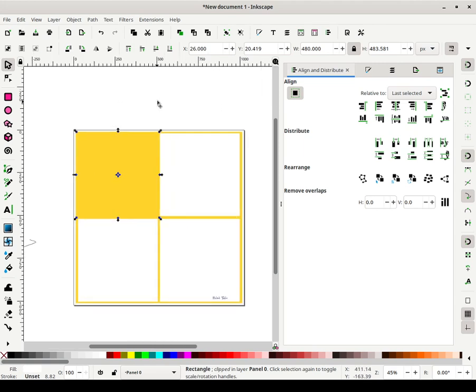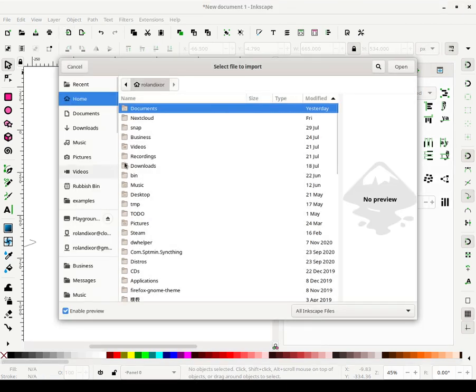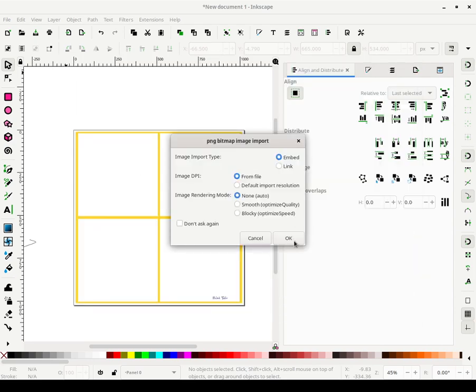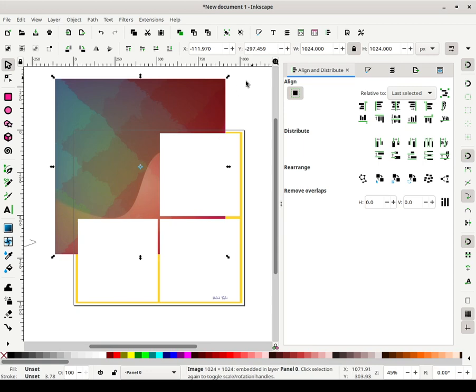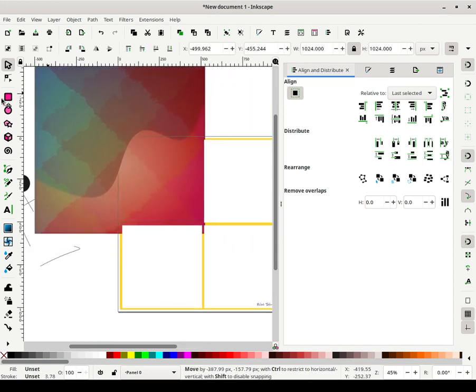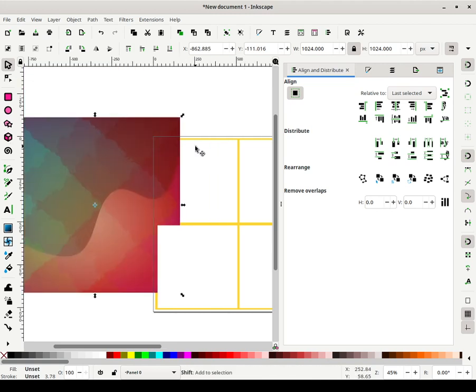Alright, I feel like throwing my hands in the air at this point because I'm not sure what I am forgetting or what is going wrong. So what I'm going to do instead is just import an actual picture of something and see if Inkscape will work with that as I want it to. Instead of drawing a panel, I'll probably have to do this stream again and show you how to do a panel when I can figure out what it is that's going wrong here.